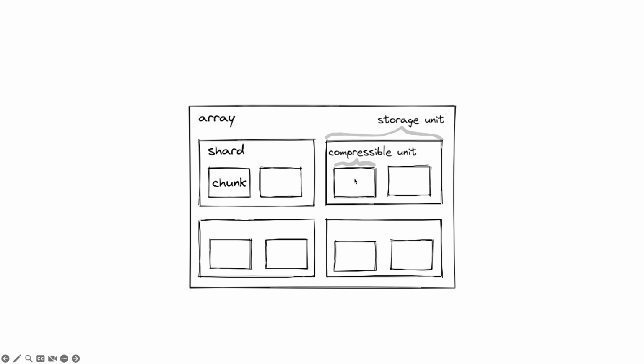in the general case of, like, I send you a netCDF file, or an HDF5 or a GeoTIFF or whatever, then that file is a single shard, and it contains these multiple compression units. So